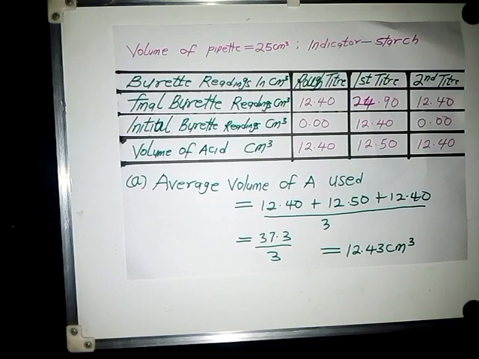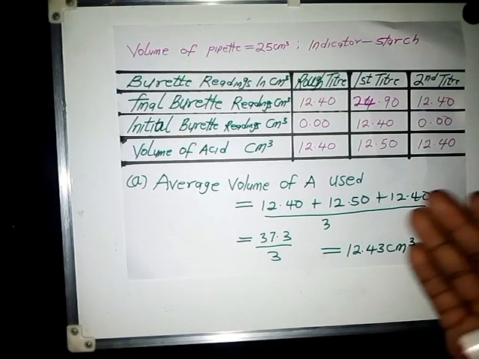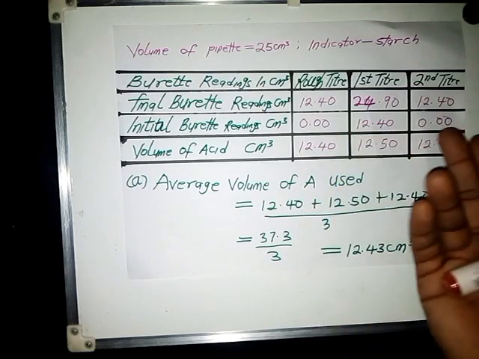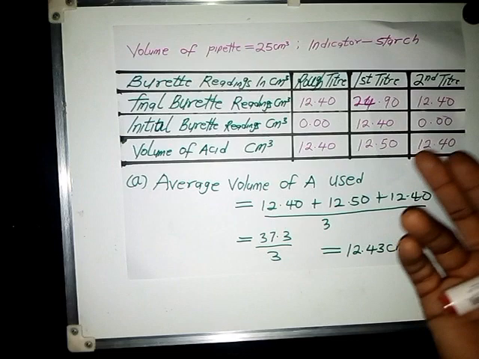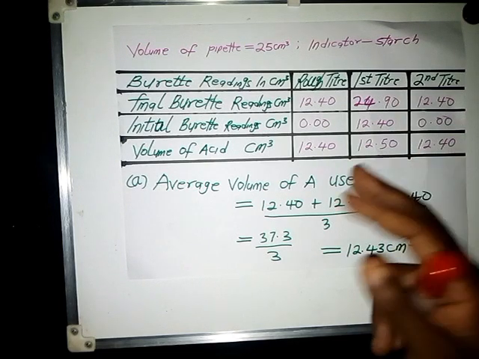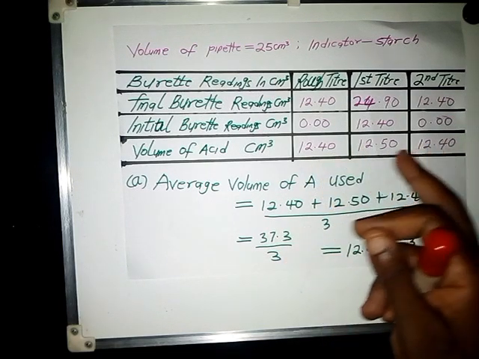Then you continue with 1 or 2 drops with constant shaking. We change it from blue black to colorless. That's the end point. So that's how you get all these figures. You do it for the first, you run second, you run third. At the end of the day, you notice that these 3 values,